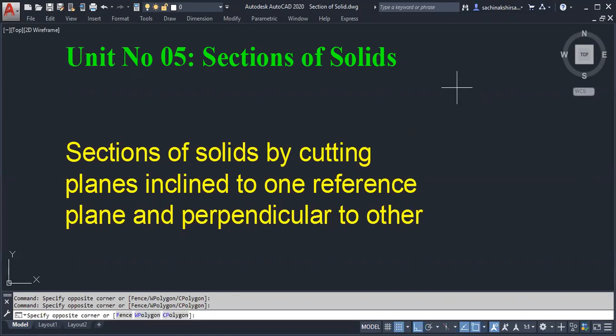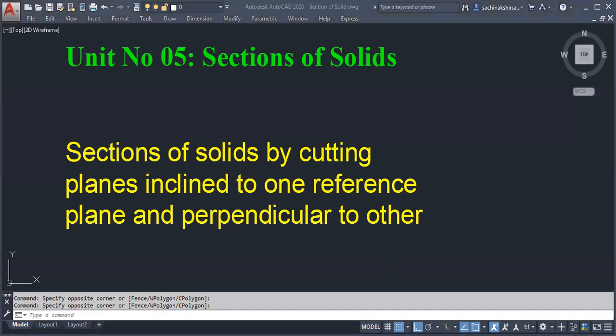Background is required. If I ask for a particular pentagonal prism, how many edges are there? You should be able to tell immediately. If I ask for a hexagonal pyramid, how many slant edges are there? Slant means inclined. Likewise, how many flat surfaces are there? It may be rectangular, it may be triangular. If background is clear, this chapter is very simple. So we will read the syllabus. Syllabus is very simple, only one line.